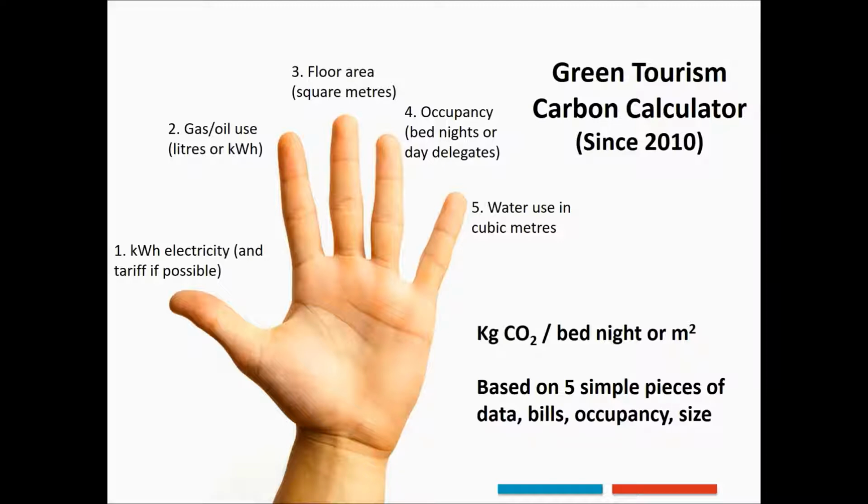One is the kilowatt hours of electricity, and hopefully the tariff, the source of electricity that you have, because each different electricity supplier has different carbon metrics, and we are able to make that allowance. If you don't know your supplier, it doesn't matter, you can still work with it. You can just use an average, which is the UK average emission, which is based upon the Department of the Environment figures, DEFRA's figures, but you need to know your annual kilowatt hours of electricity, and you can get that from your electricity supplier easily enough. And again, if you've got some bills and you want some help, just give us a call so we can